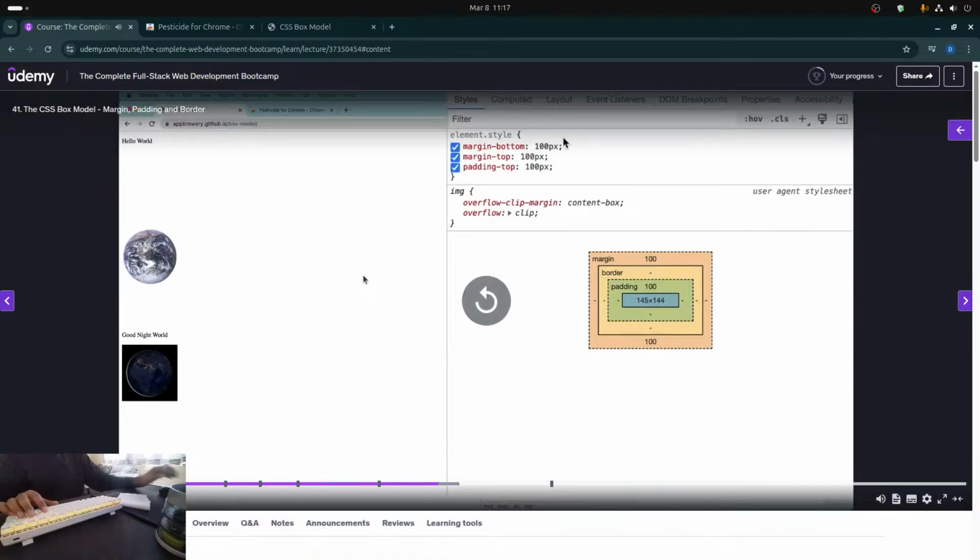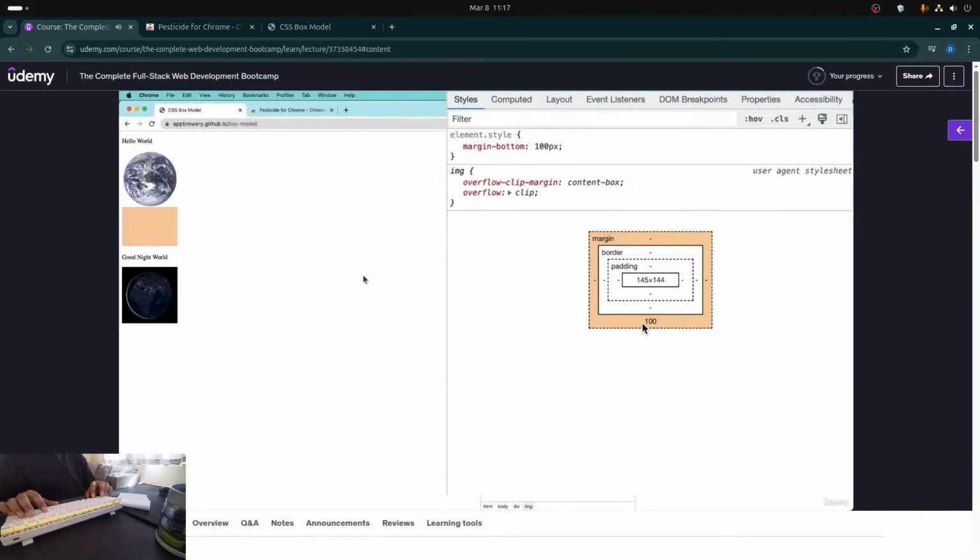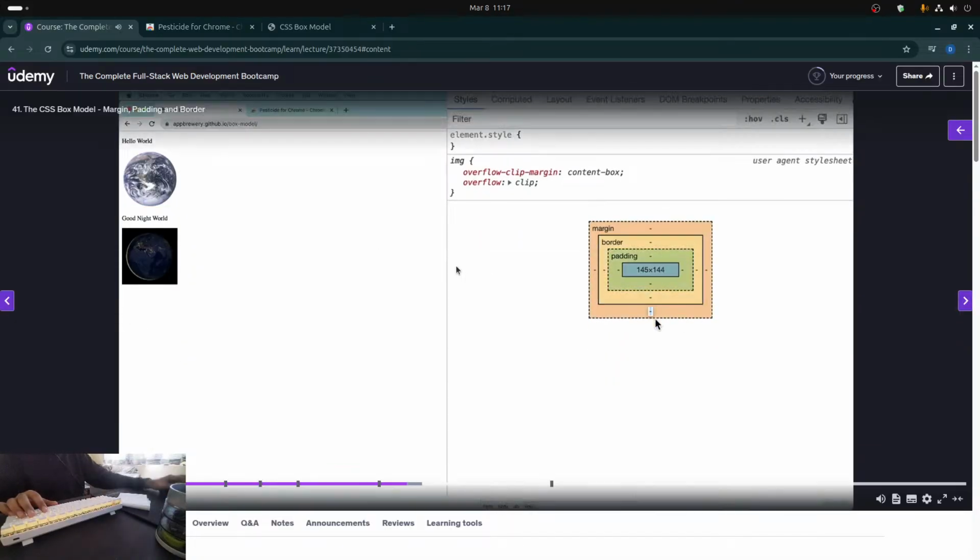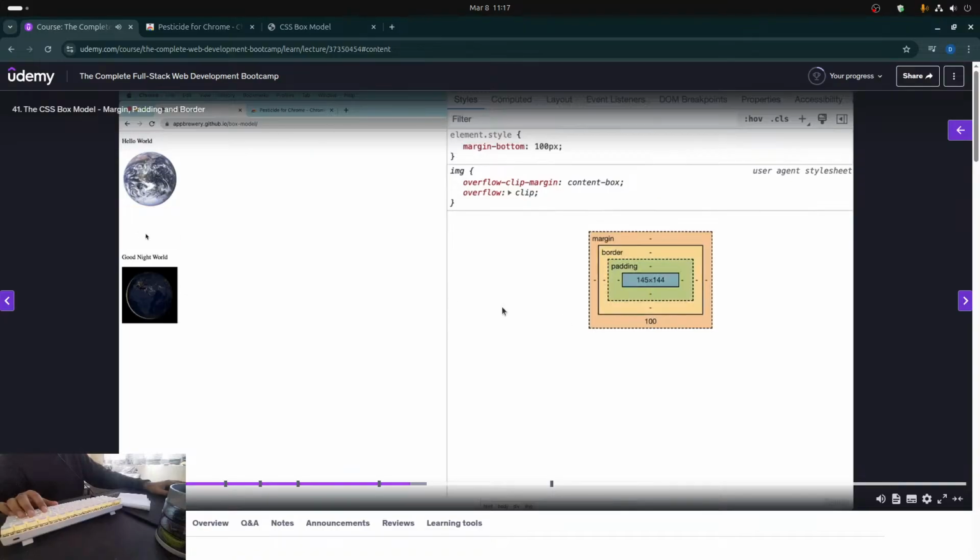And you can see how that padding is... tab. If I go ahead and add a margin right here, let's say 100 pixels, then it's going to add that gap. Did you see it just now? That gap